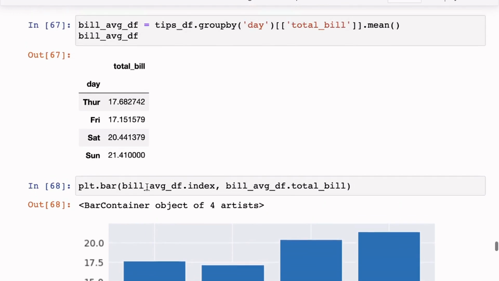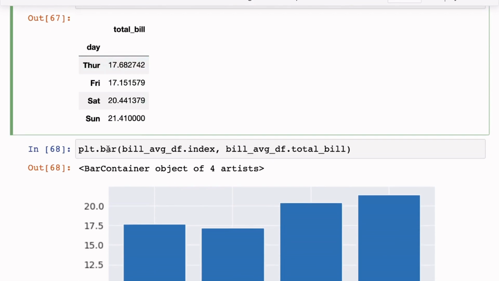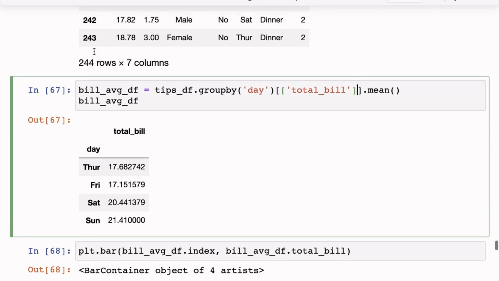But we had to go through two steps here. We had to first do this group by operation, and then we got the average, and then we plotted it. But since this is such a common thing to want to know, you may want to see that for, let's say, days, but then you may want to see how the average bill compares across men and women, or across, let's say, smokers and non-smokers and so on. And that will involve all of these calculations.